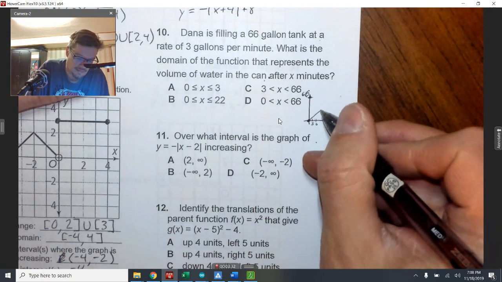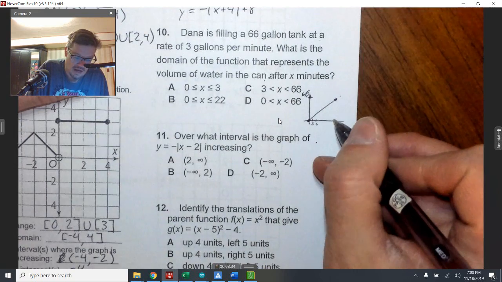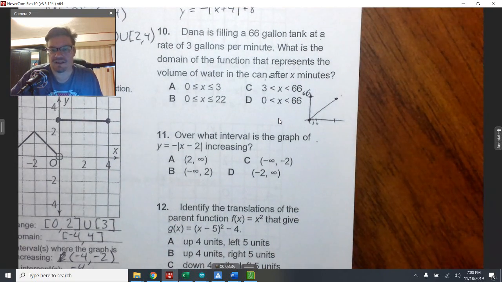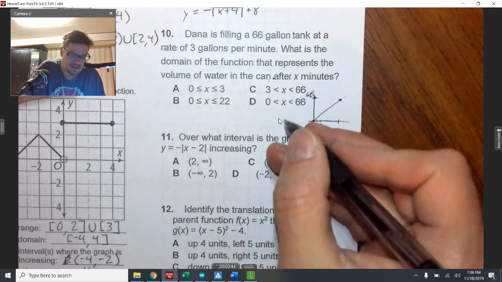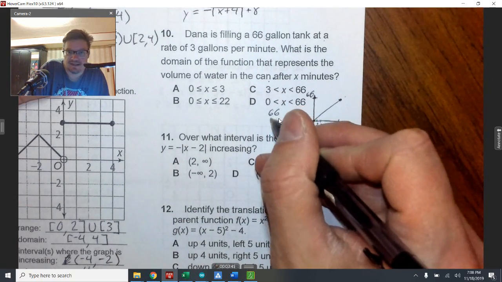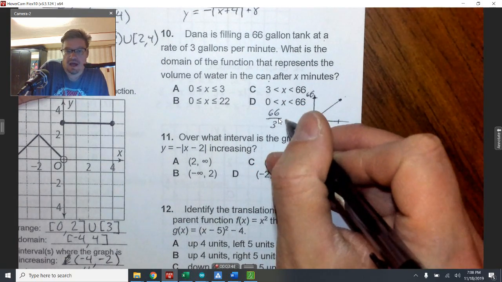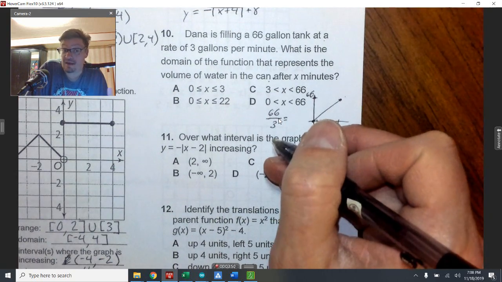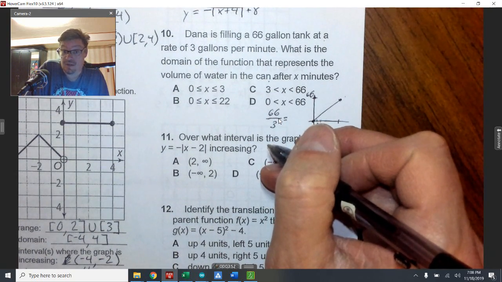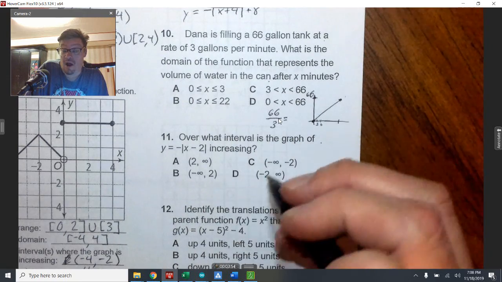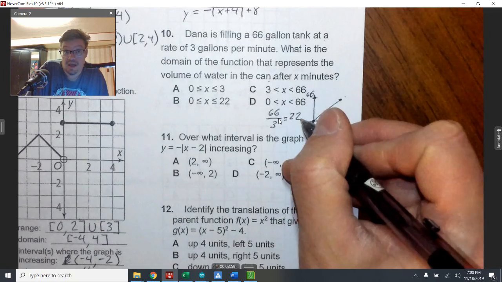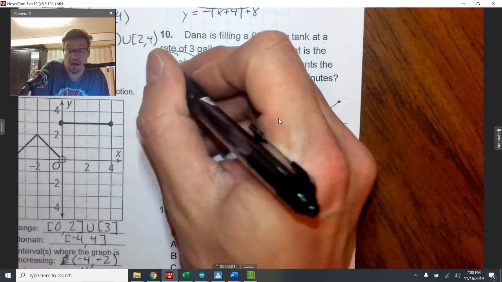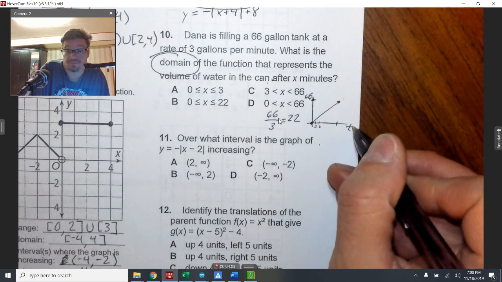Because I'm going to fill it up. I just need to know how long is it going to take. If it's 3 gallons per minute, then I have to take 66 and divide that by 3, since after every minute there are 3 gallons. So I want to know how long it is going to take me to fill the whole thing up, and that answer is 22. This thing is asking for the domain, and the domain is always time when you're dealing